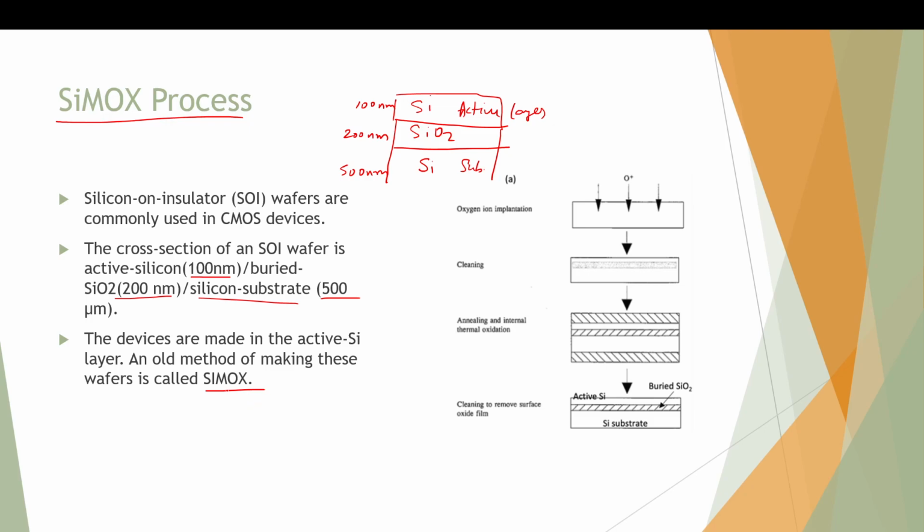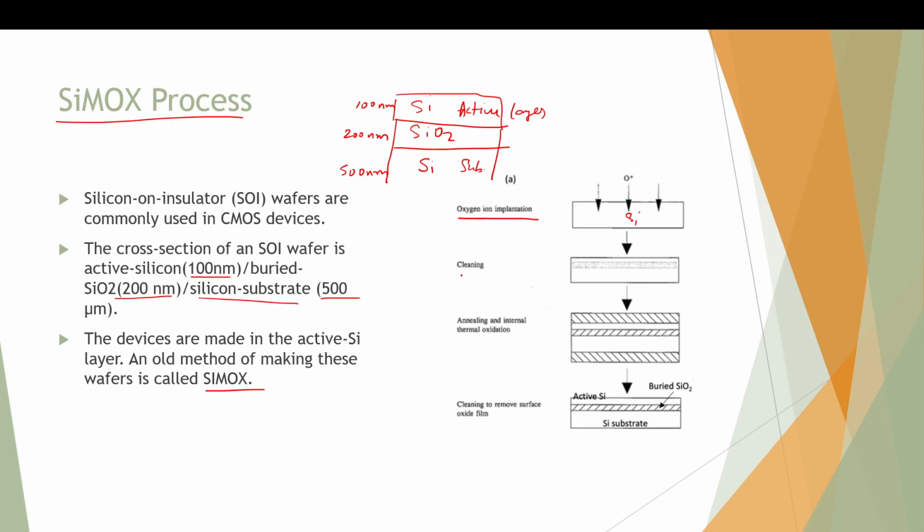So this is not very predominantly used these days. We have bonding methods or other kinds of mass manufacturing methods, but this was used before, and we'll see what are the challenges that are faced when we use this recipe. So the general recipe is that we do an oxygen ion implantation in the silicon wafer. So if this is my silicon wafer, I'll bombard it with O plus ions, oxygen ions,